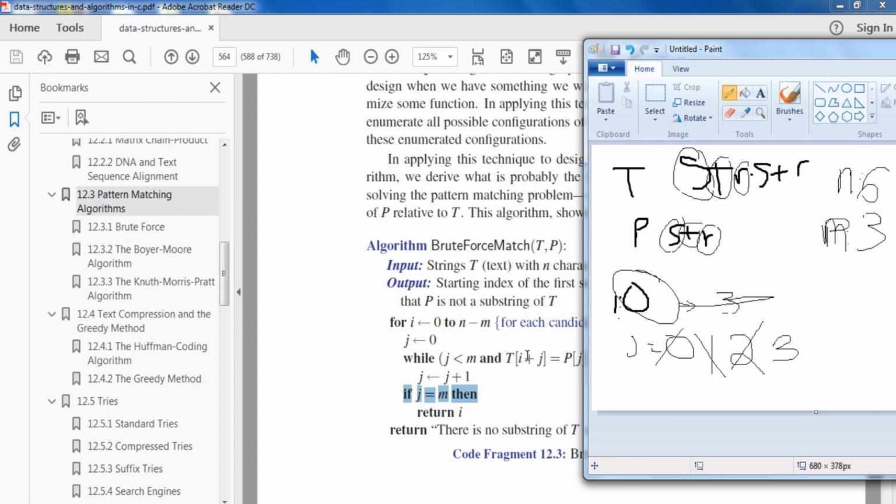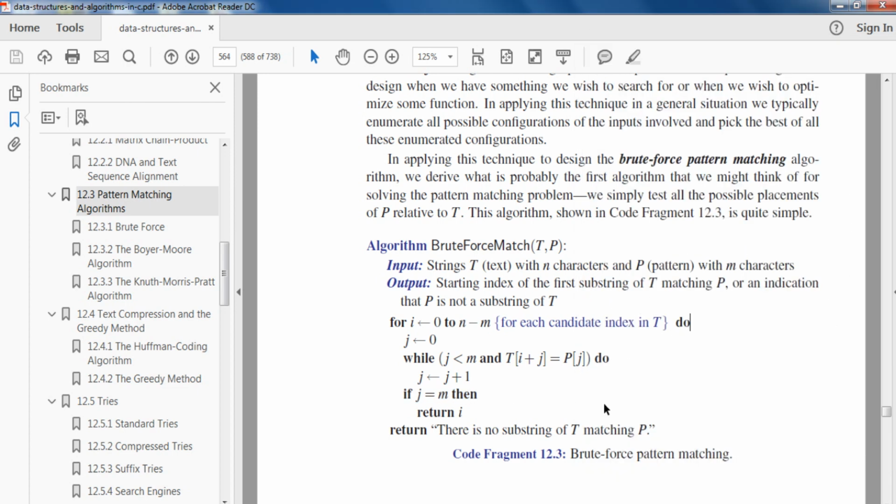So that returns the substring of this. Okay? That's the index of the substring, which starts at I, 0. Okay? So now let's say if it never worked, then